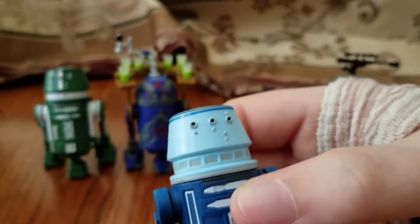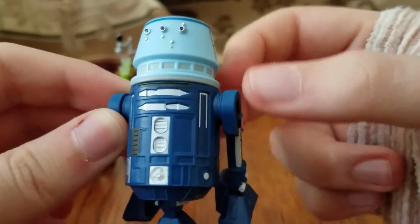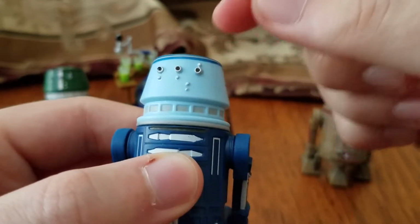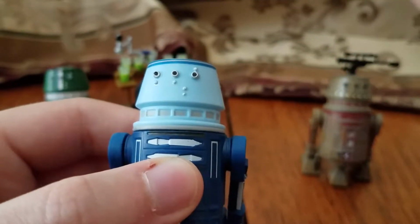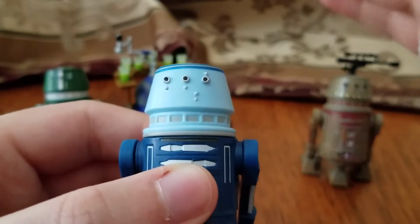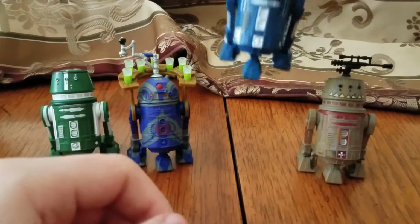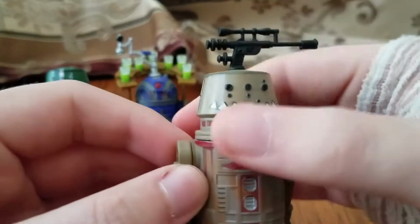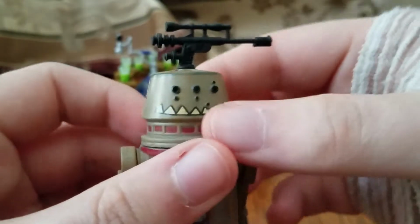So that's pretty cool. And I saw that Customs for Kids made an outstanding Clone Wars R5-S9 custom. It just blew me away. I mean, I saw that, I was like, oh my god, that thing looks incredible. So, Customs for Kids, I don't know if you're watching this, but hey, dude, if you are, you nailed that. But I kind of doubt he's watching. But anyway, here's